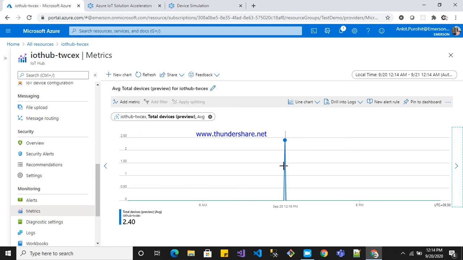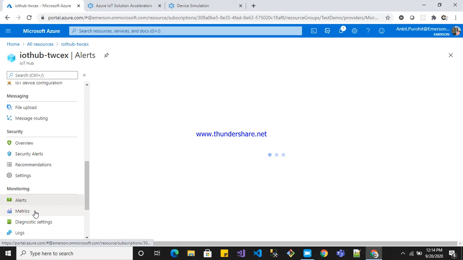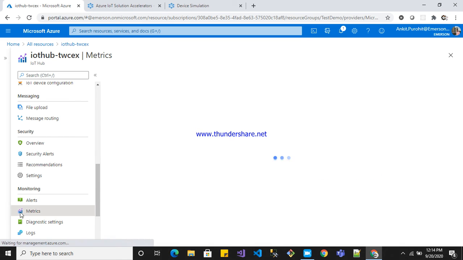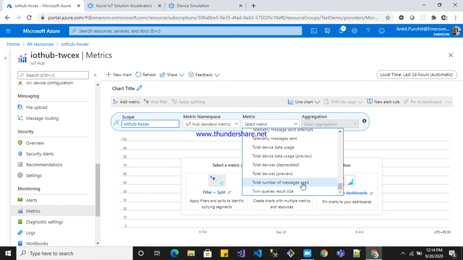Okay, if you see, one second, once you click on metrics, okay, and select the total number of devices.